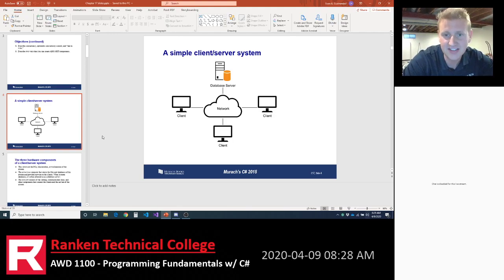The idea here is that across the network, which is related by the cloud, typically across the internet, you access data in a database server. Ultimately, a database server is a computer. Obviously, I always say obviously like it's always going to be obvious, but it's not always going to be obvious. A database server is a computer.